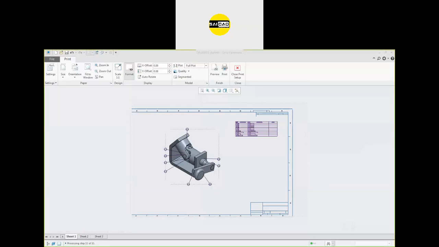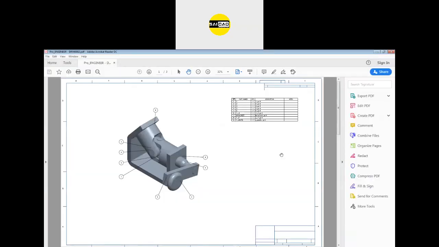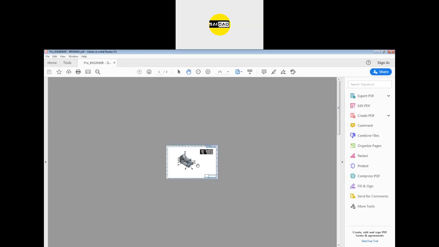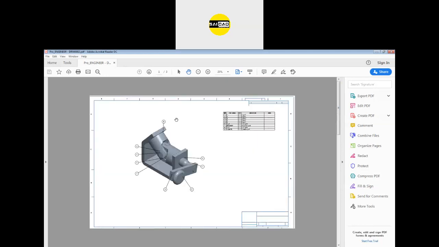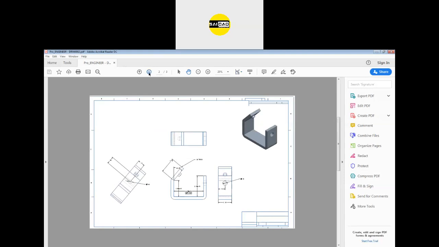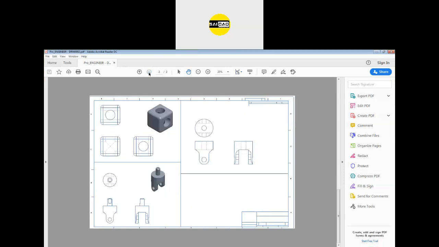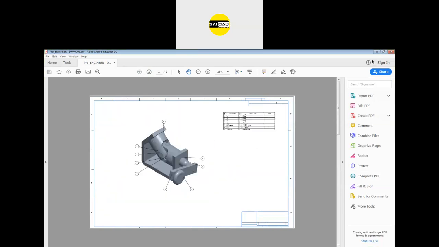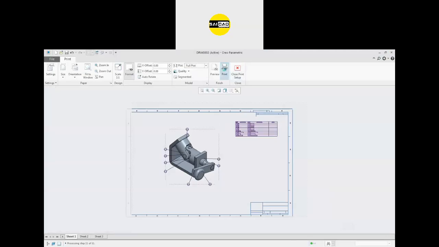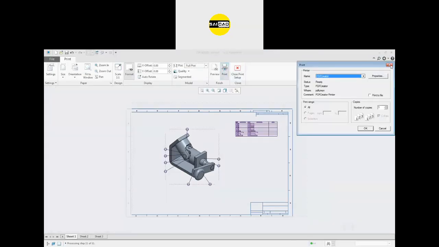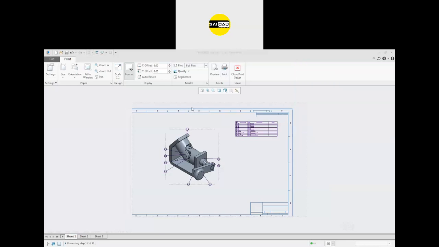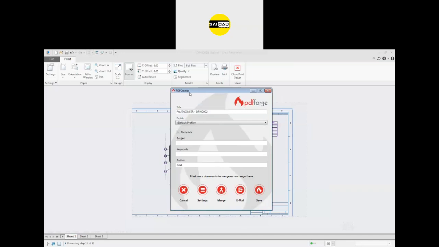Okay, there are so many options in software. Now you can see we have the software orientation. That was from the software because Creo uses a different software for the printing, that is the PDF creator, so that we are getting that error. So we have to go to the properties and select from there. Then we click OK. When we get to this page, this is a different software that is merged in or used as a plugin in the Creo.